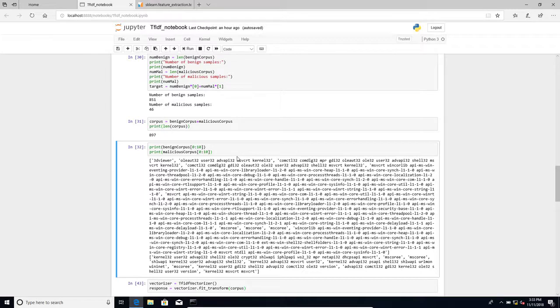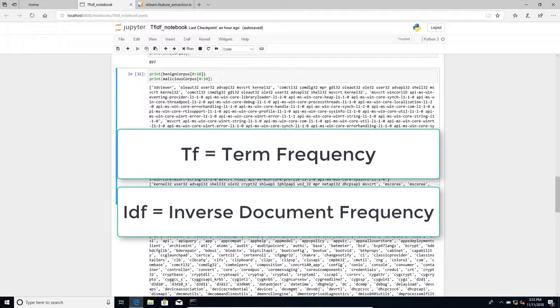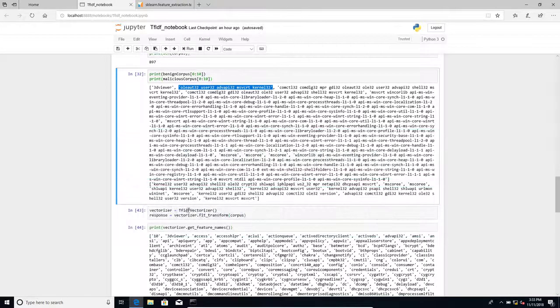For that reason, we use a technique called TF-IDF. TF-IDF stands for term frequency inverse document frequency. Term frequency refers to the number of times a word appears in a document. The IDF part stands for inverse document frequency, meaning how many documents it occurs in. If we were looking at normal text and classifying documents by category, the word "the" occurs in so many documents that its appearance is almost meaningless. By dividing by its document frequency, we can give its occurrence a very small weight.